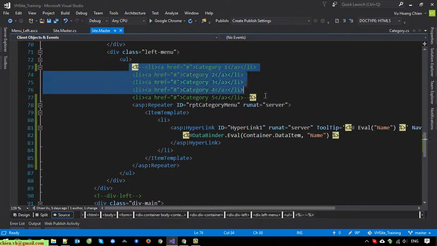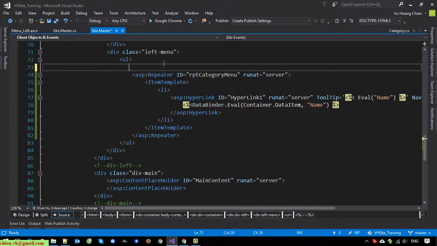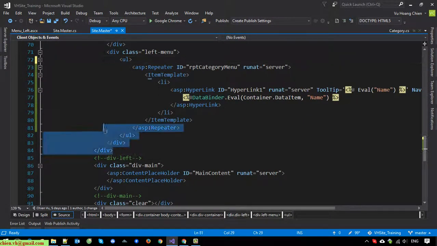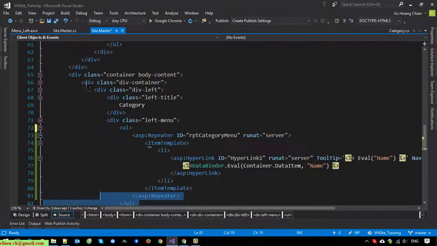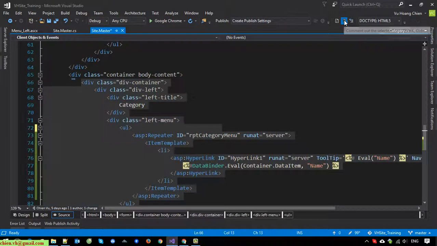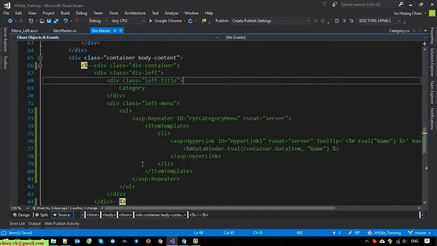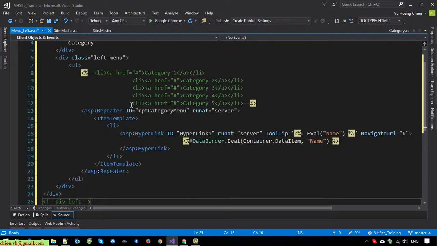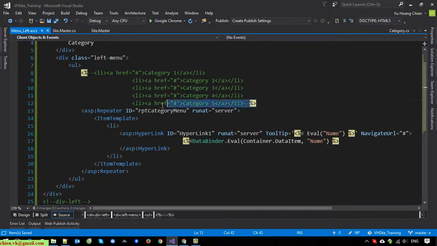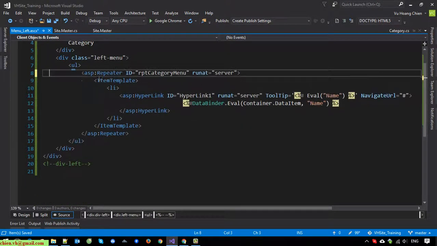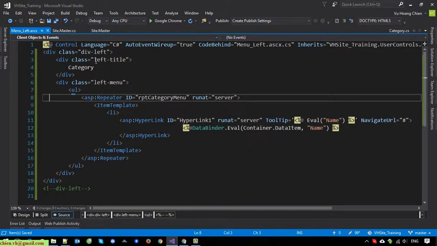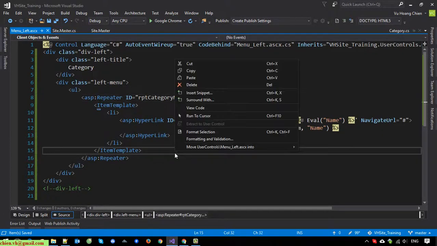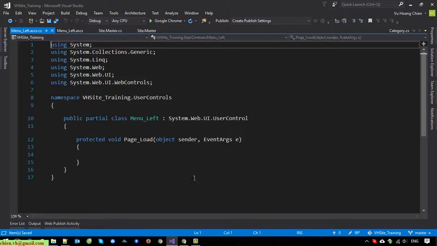I will delete this one, or comment it out. I will open this, paste it here, Ctrl K D to do the formatting. Okay, open the backend code,